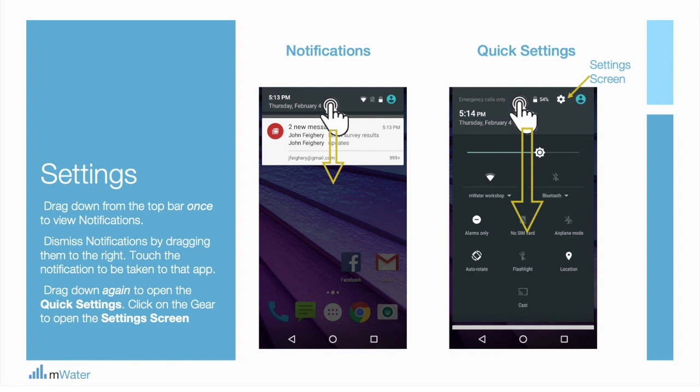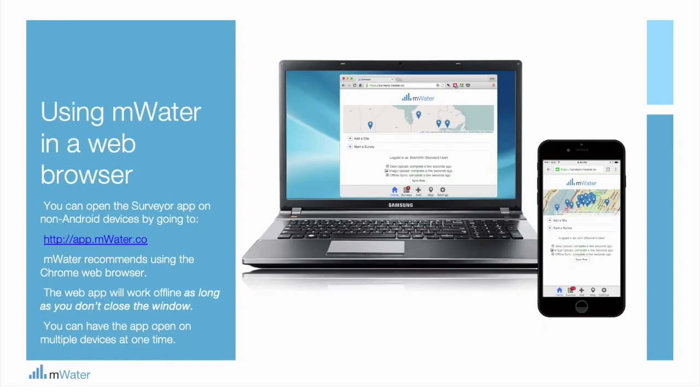gear icon labeled Settings. The app can also be used via a web browser on a computer or any mobile device. MWater recommends using the Google Chrome web browser for this. The web app will work offline as long as you don't close out of the application window before syncing to